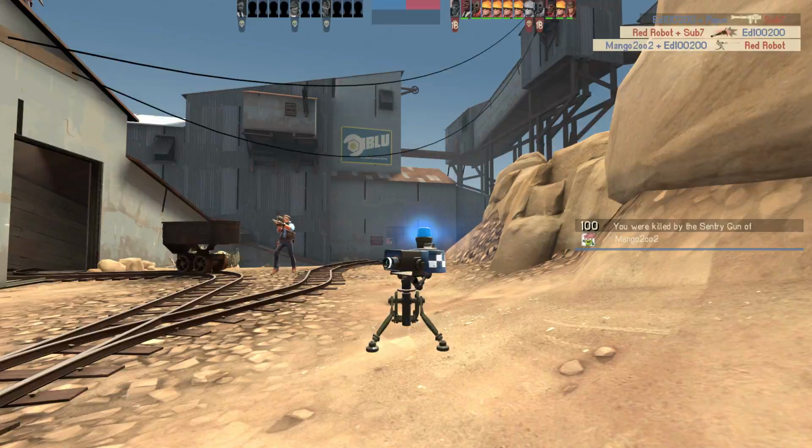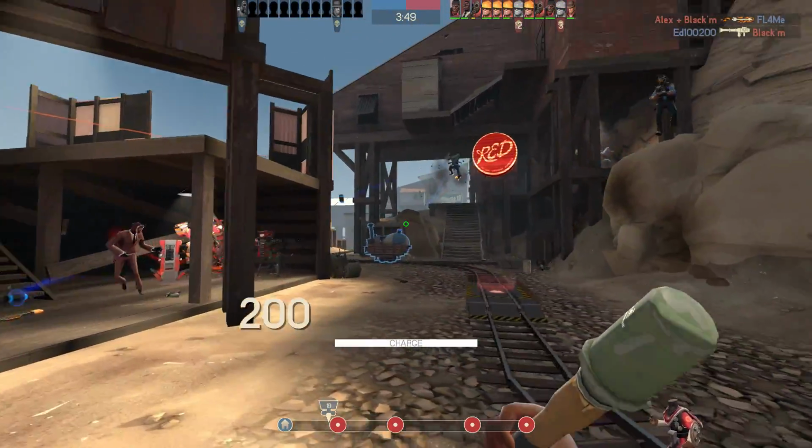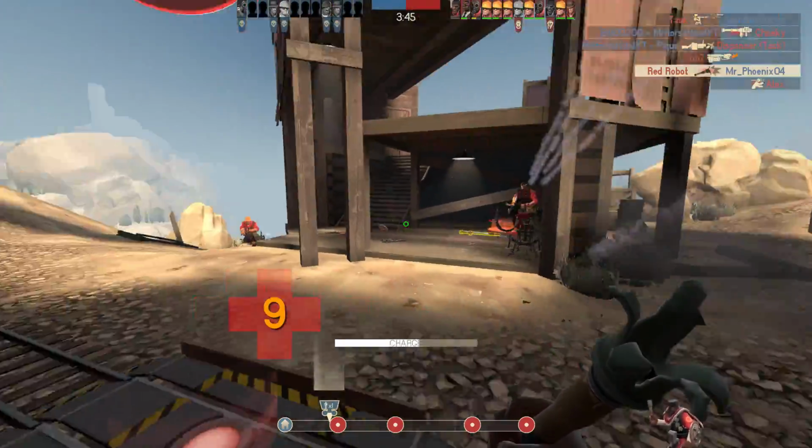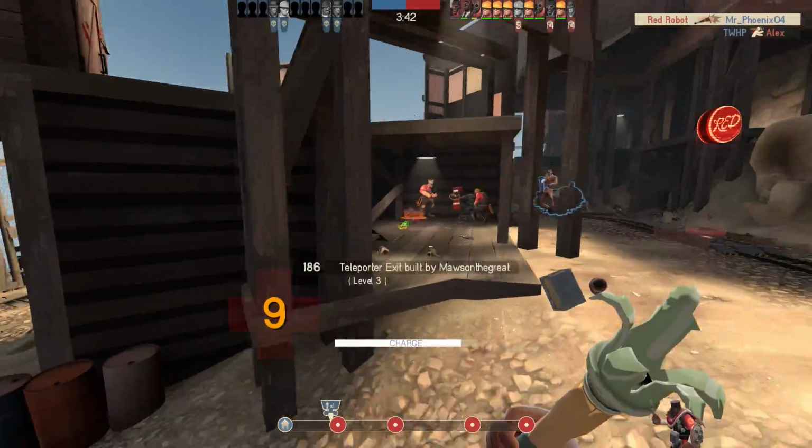I said previously that the critical drop was probably the best way to use the dead ringer weapon drop function, but no, I was completely wrong. Dropping a caber is so much more valuable. This weapon is so amazing, does so much damage,